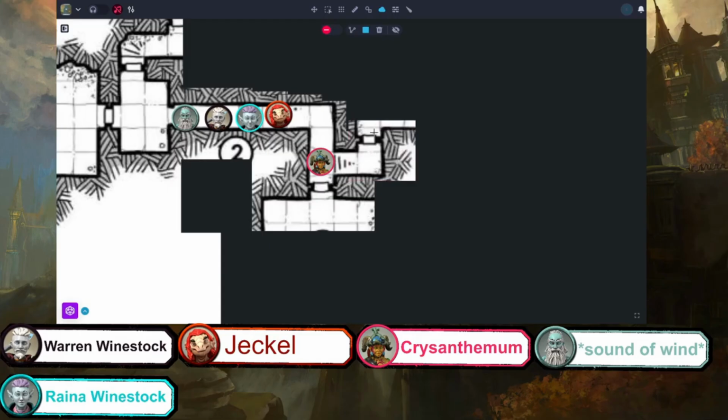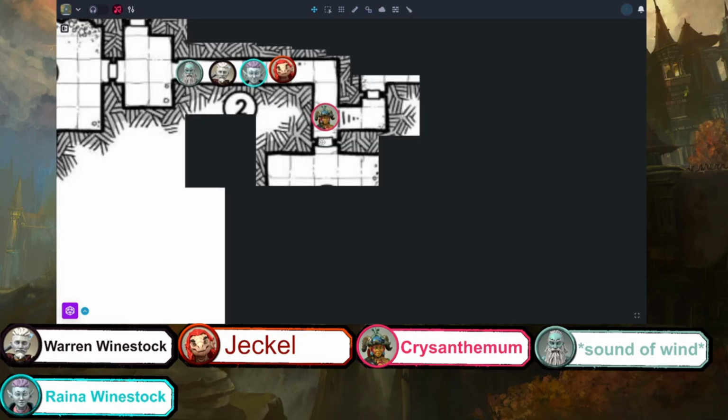So looking this way, you see another curve. Are you saying you're going to step over to here? No, I want to stay where I'm at, but looking downward. Yes, okay. So in front of you is a door. Oh yeah, we're closed.